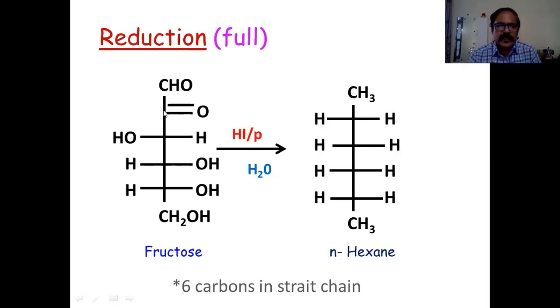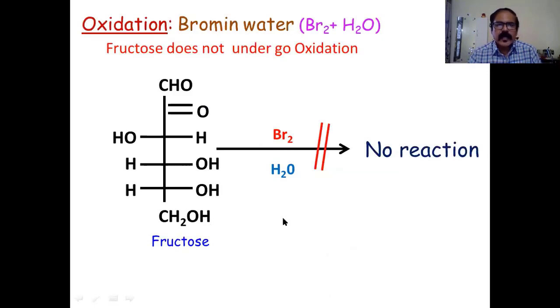When these 6 carbons are in a straight chain, only then will you get n-hexane, and there is no possibility of getting n-hexane with other types of molecules, because two hydroxyl groups cannot exist on the same carbon. What happens? Two hydroxyls will give out a water molecule and it will be converted into C double bond O. So each carbon should have a hydroxyl group. So here, these 6 carbons are in a straight chain. We can draw this conclusion. Next,